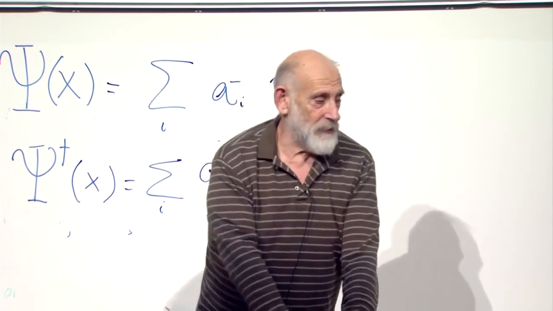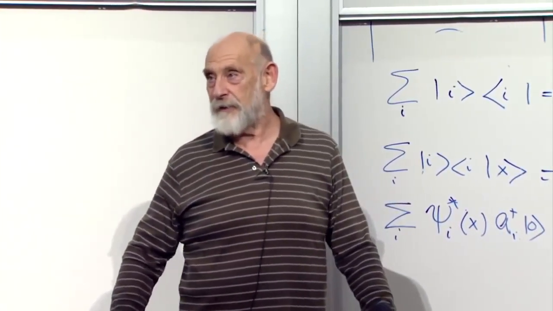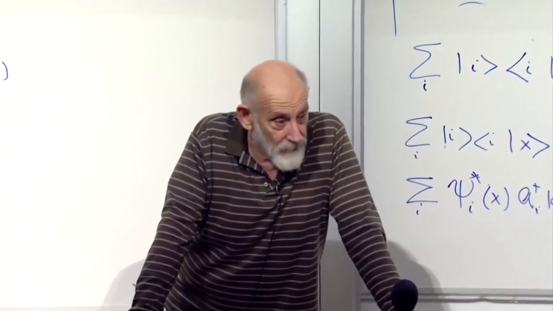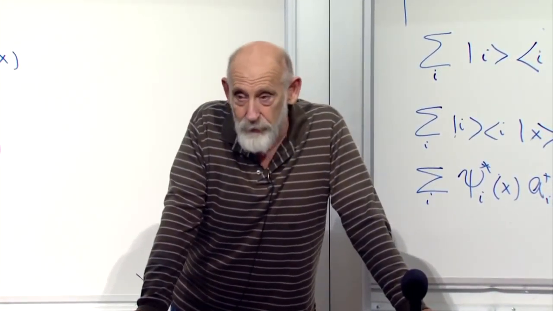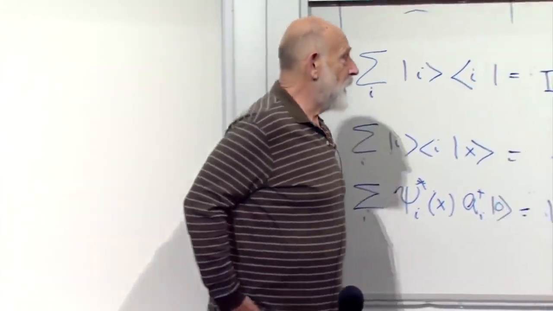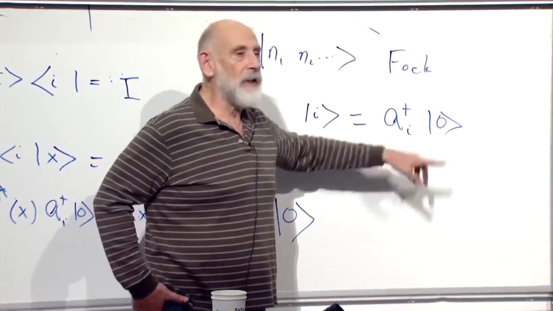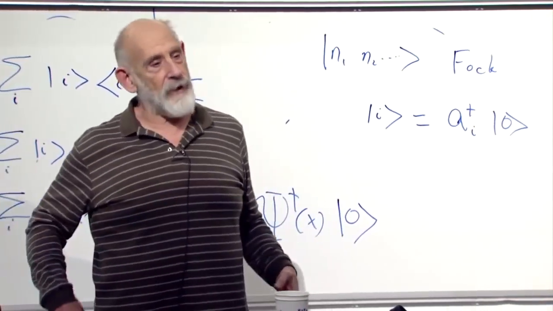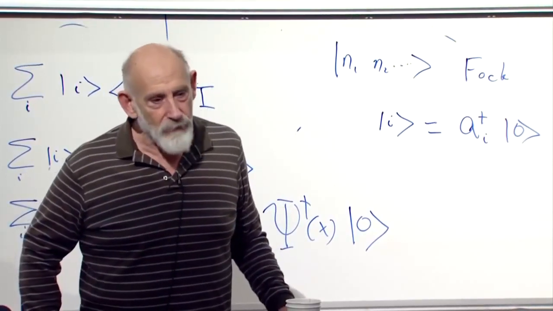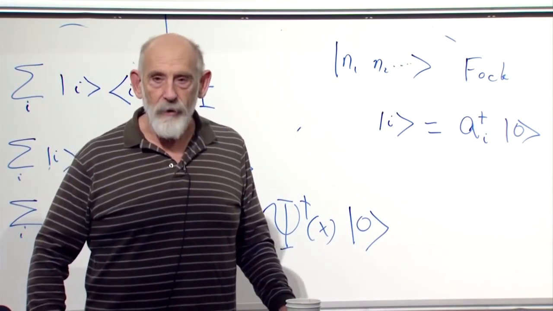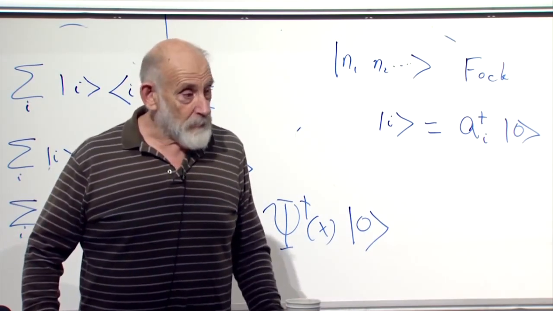Zero cannot be normalized. It is definitely not normalized. It's of zero length. The one thing that you can't normalize is a vector of zero length. The vacuum is not a vector of zero length. For a little bit of time, people generally get confused by the notation. This looks like it's zero, but it's not zero. It's just a name. The zero here does not mean that it's a vector of zero length. It does not mean that if you add it to another vector, you get back the same vector. It's just the name of the vector, and it represents a perfectly good physical state. It happens to be a state with no particles in it, but it's a state. It's empty space, but it's a state.